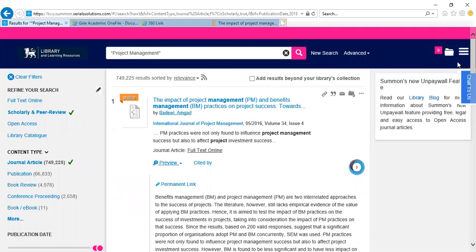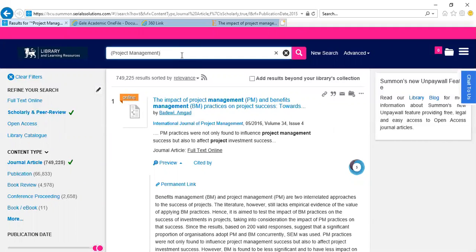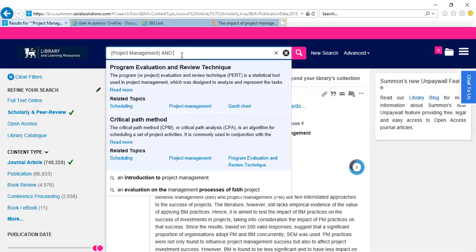All right, now let's look at different other methods of researching. Most likely along with the theme that you're looking at, you might want to look at a certain other area. So what I have just done is I have put project management in brackets so that any article that has project management as a phrase within the article, it will show in the results. But what I want to do is I want to search for project management related to the hospitality industry.